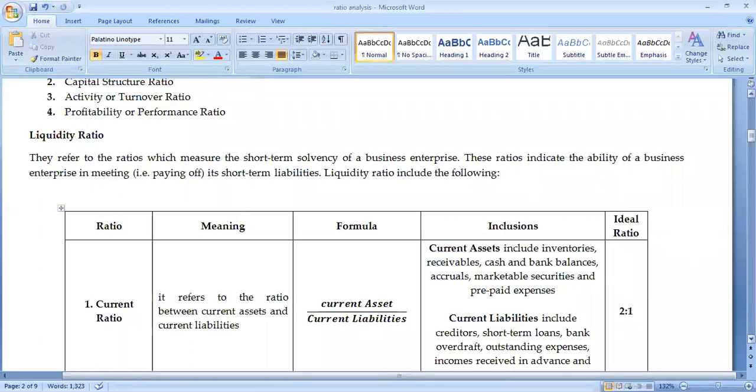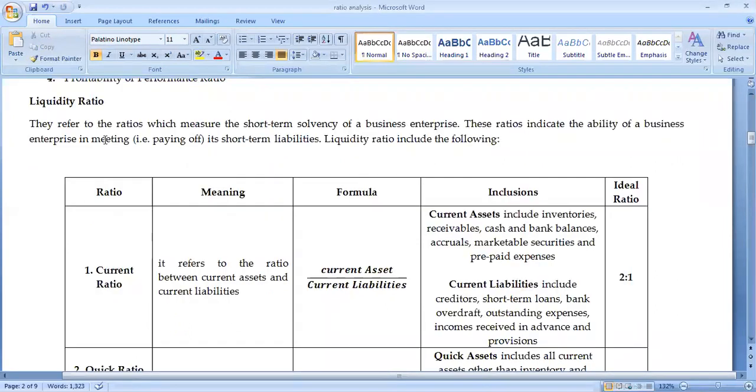By the term itself, it is liquidity. How well the company can pay its debts to the parties and meet its financial obligations will be studied in the case of the liquidity ratio. It is the measure of the short-term solvency of the business enterprise, that is, the ability of the business enterprise to pay its short-term liabilities.